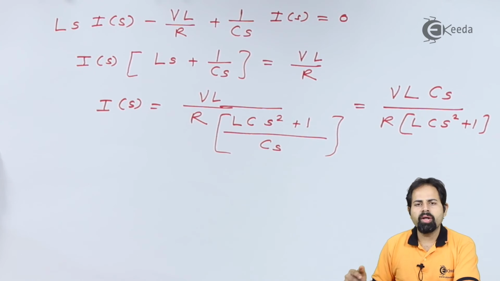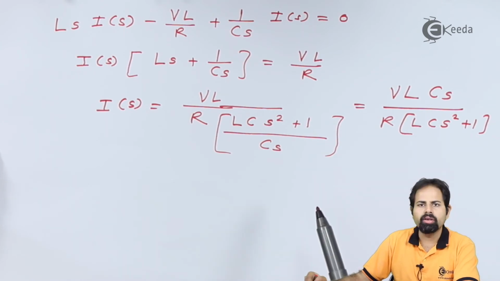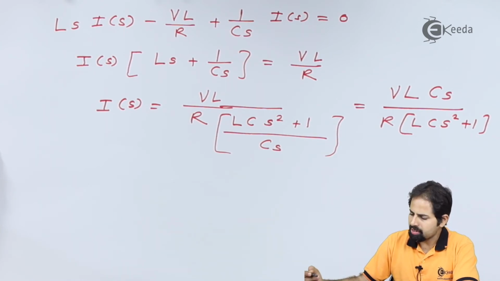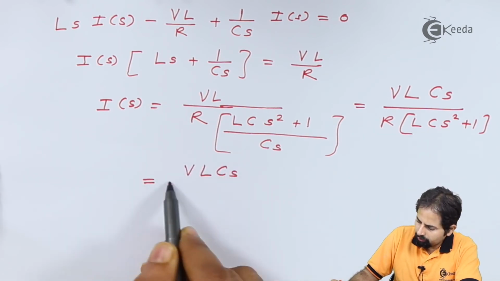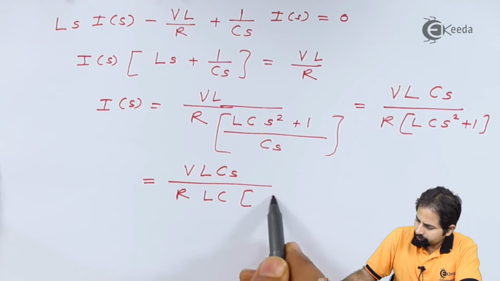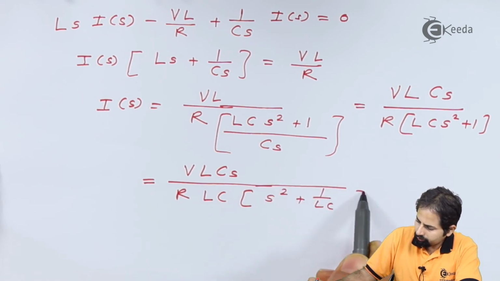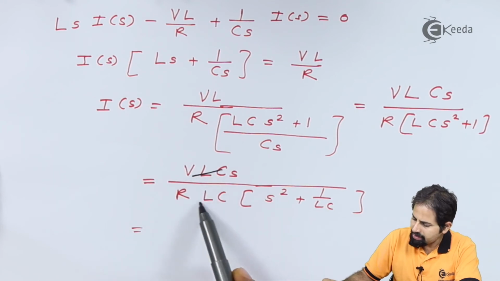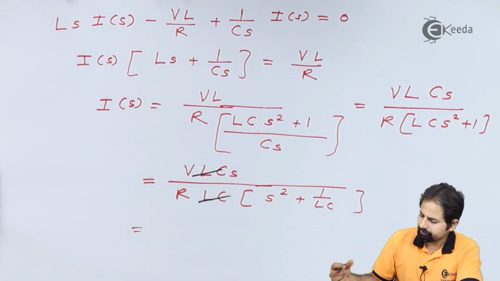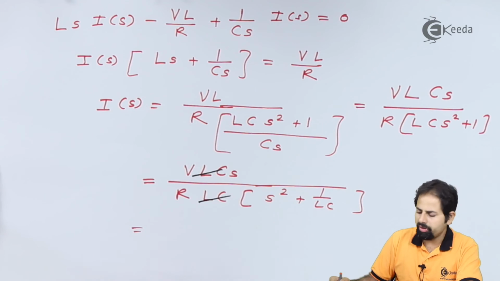Now we should make the coefficient of this S square equal to 1 so that we can apply the inverse Laplace transform. So I am going to take this LC common. And now as you can see, this LC and LC get cancelled. So what we are getting is